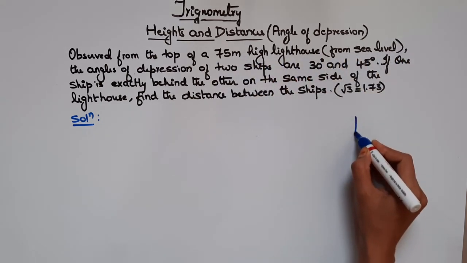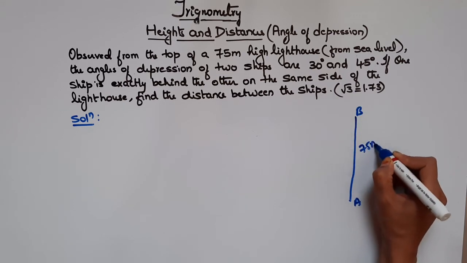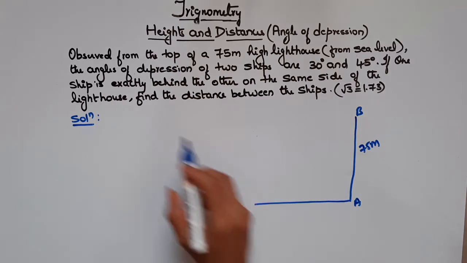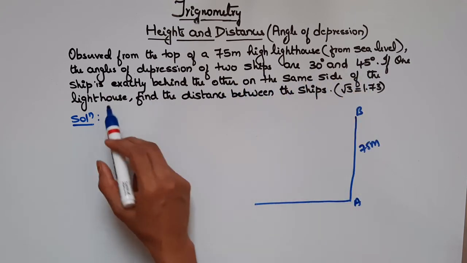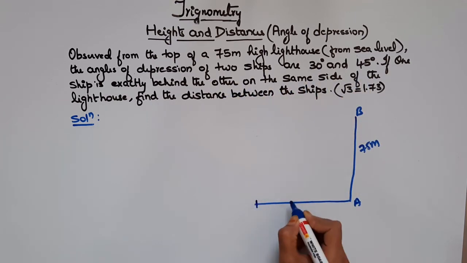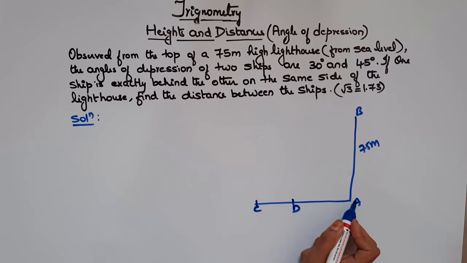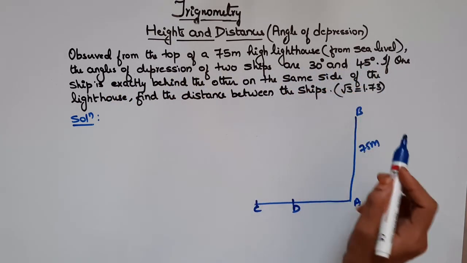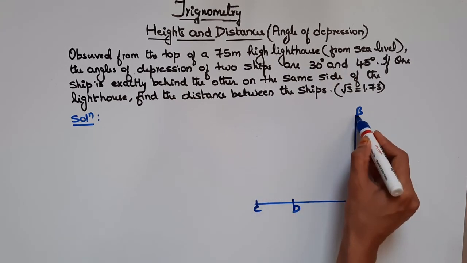So let's consider a lighthouse AB which is 75-meter height from sea level. So let's consider this as sea level. Here it says, if one ship is exactly behind the other on the same side of the lighthouse. So let's take C and D as two ships, which is exactly behind the other on the same side of the lighthouse. And the angles of depression of two ships are 30 degree and 45 degree. So the angle of depression from the point B to the ship C is